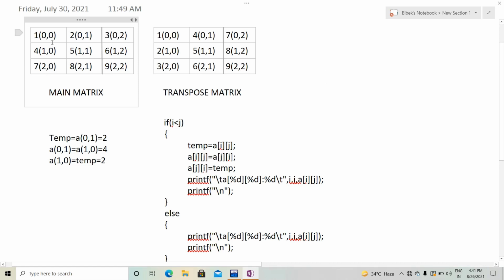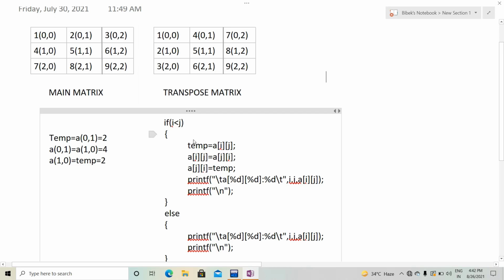Finally 1 4 3 and 1 2 3 and 1 4 7. So see here 1 2 3 and 1 4 7. So now 5 has taken its fixed position. Then here for a of 1 2, i is less than j, so we have to swap a of 1 2 and a of 2 1. So 8 will go there, and you can see here 8 and 6 will come here. You can see here 6, and 9 has taken its fixed position. So we have to swap these two.